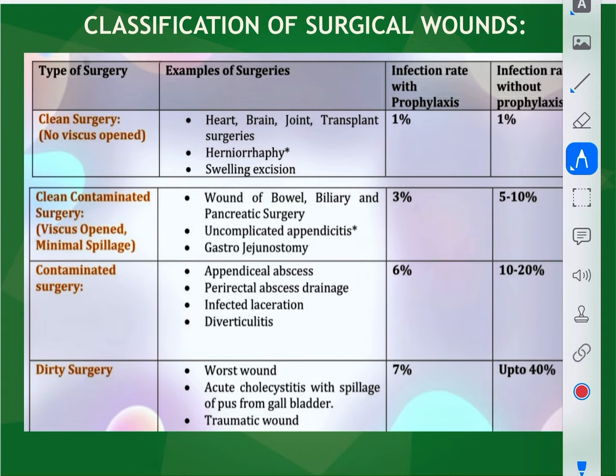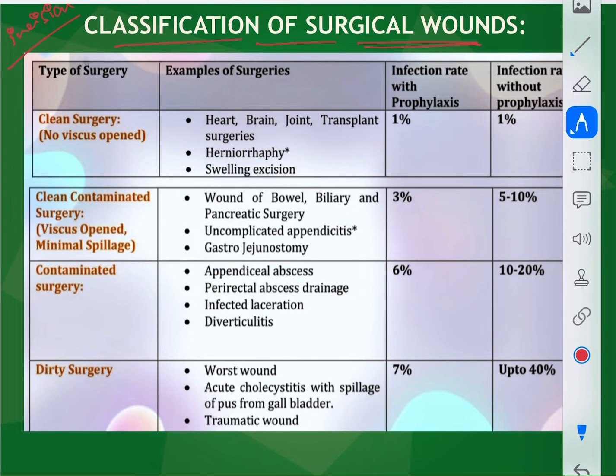Coming to the classification of the surgical wounds, the surgical wounds as in the incisions that we give, the surgical incisions that we give, they are called surgical wounds. How do you classify such wounds? It's very important for our day-to-day clinical practice also, right? Clean surgery, clean contaminated surgery,